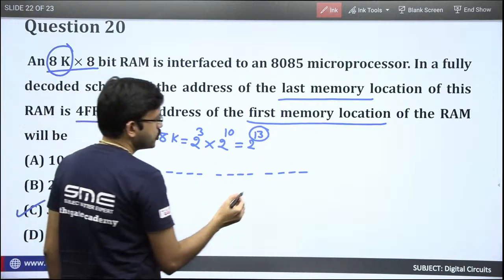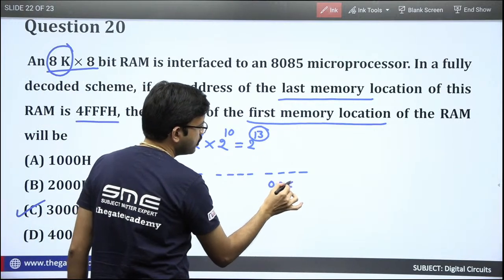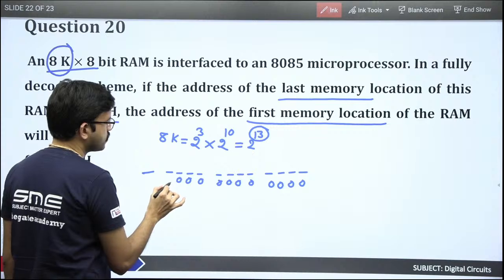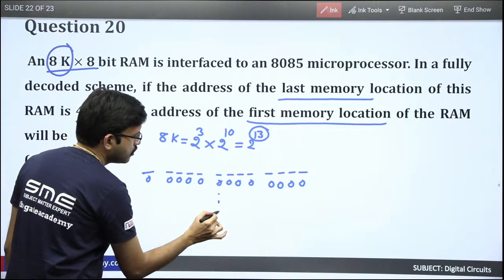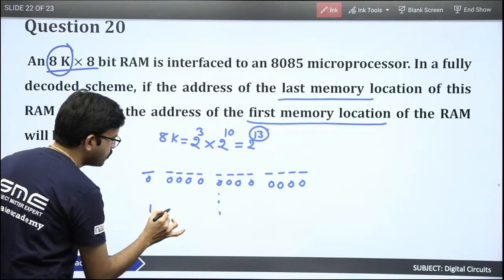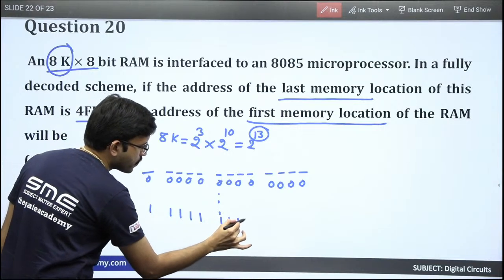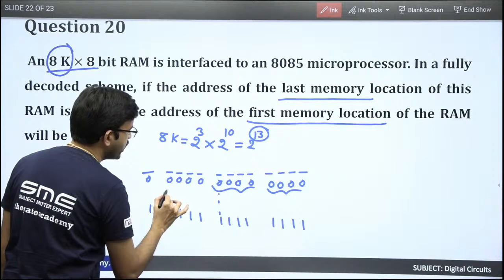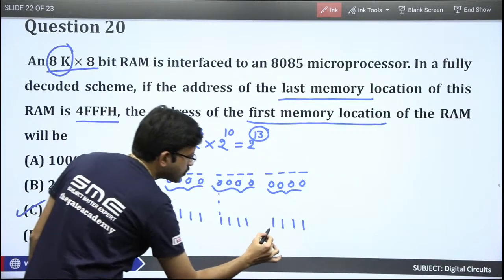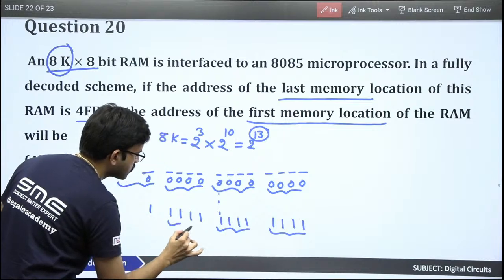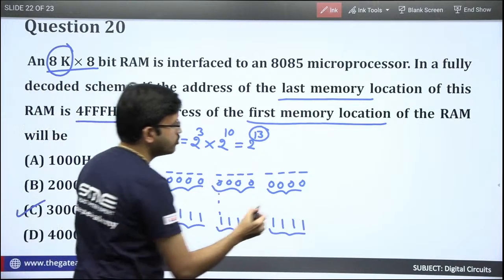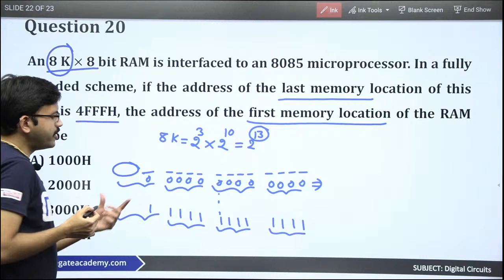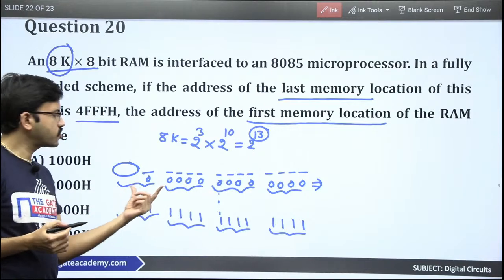Okay, right. So now if you represent all these bits with 0, then you will get the starting address, and if you continue like this, for the ending address all the bits will be 1. Now when you do the grouping of 4 bits, you will get the corresponding hexadecimal digits. Here 000 you will get regarding these 3, and here whenever you are doing the grouping of 4 bits,